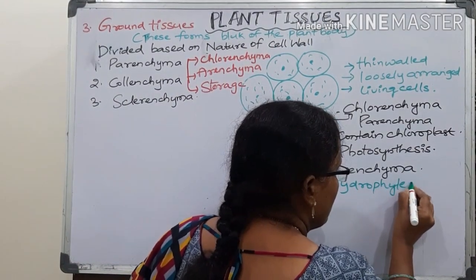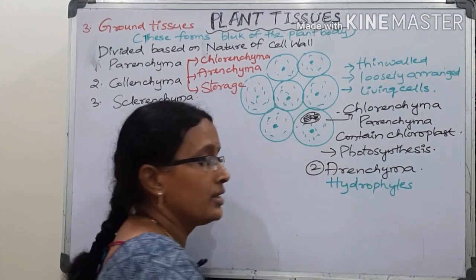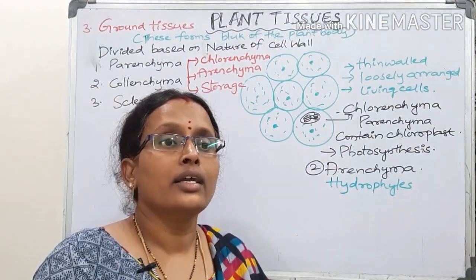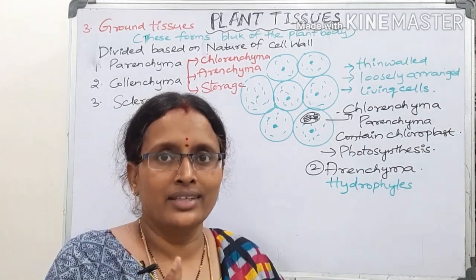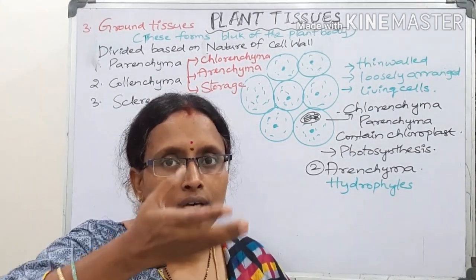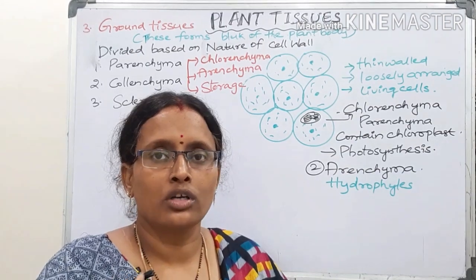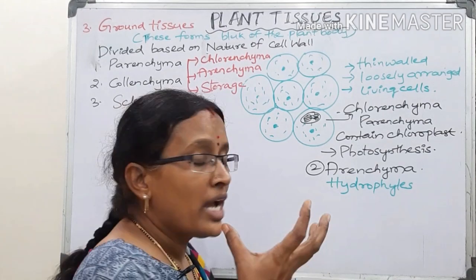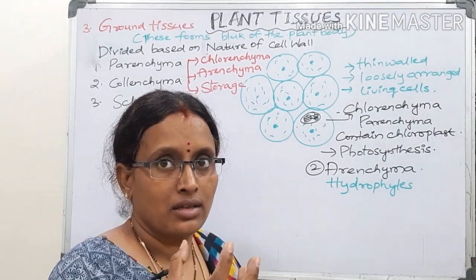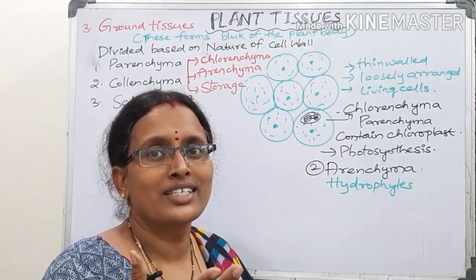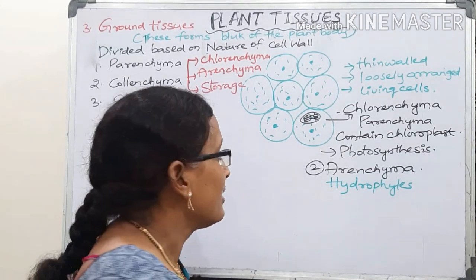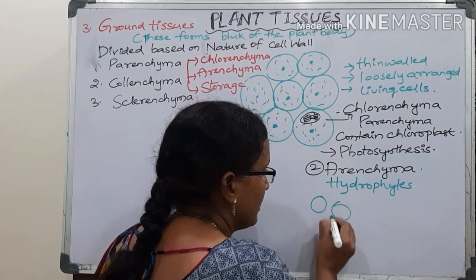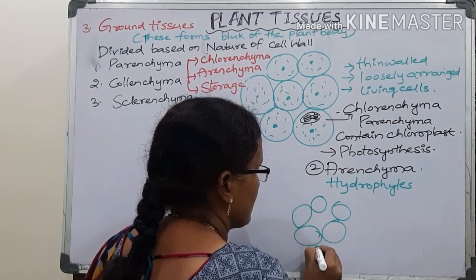The plants which live in the water are known as hydrophytes. If they are heavy weight, there is a chance they may be immersed in the water. So they should have lightweight cells. There are no lightweight cells in plants as such, but the cells in water plants are arranged like this.